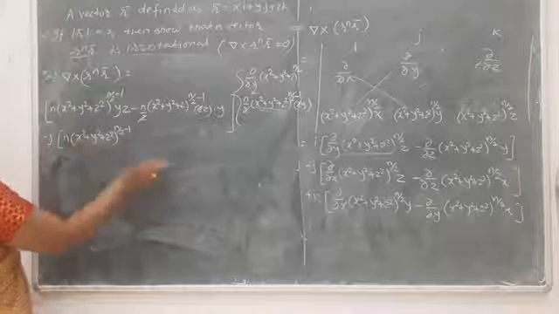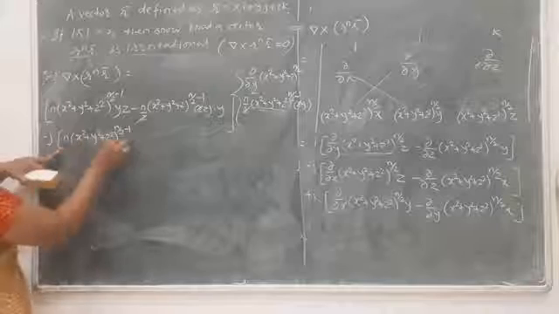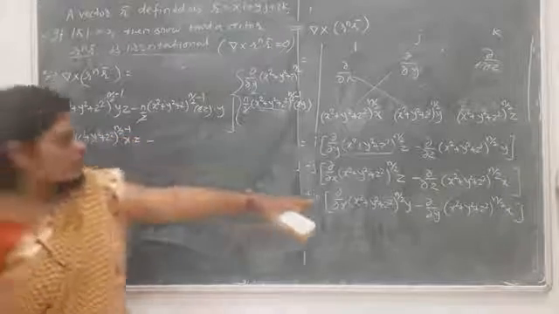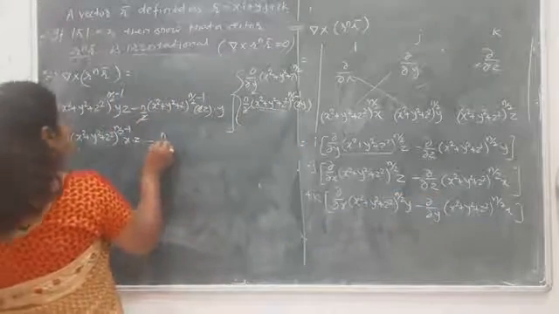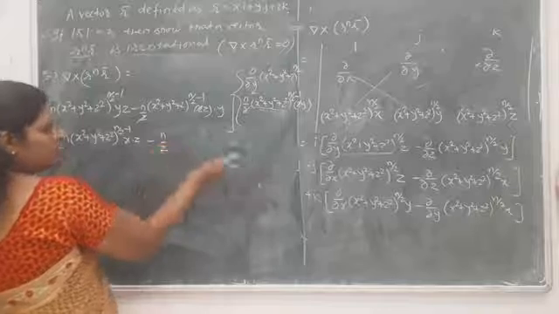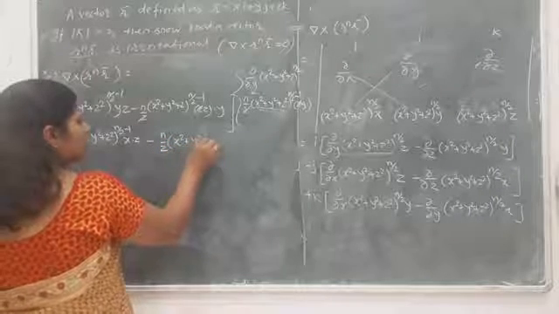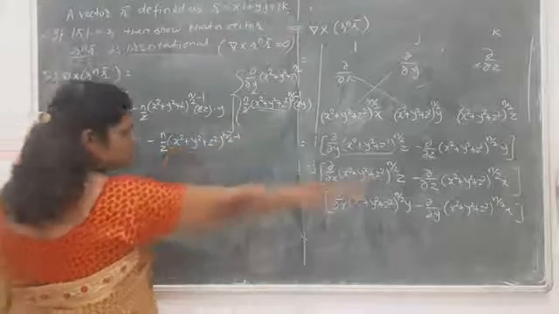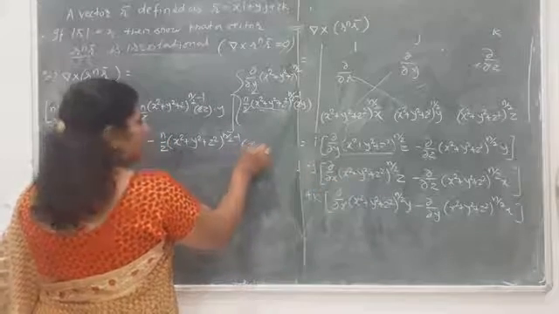Repeat, the derivative with respect to x is 2x. So the 2 in n by 2 and this 2 cancel. Here there is an x and there is a z. Then minus the second term; here if you differentiate again, we take the whole term, n by 2, x square plus y square plus z square raised to the power n by 2 minus 1. Repeat, we are differentiating with respect to z, that is 2z into x.